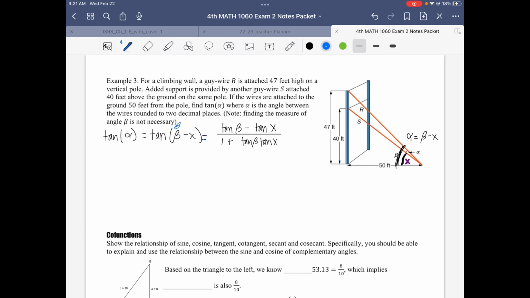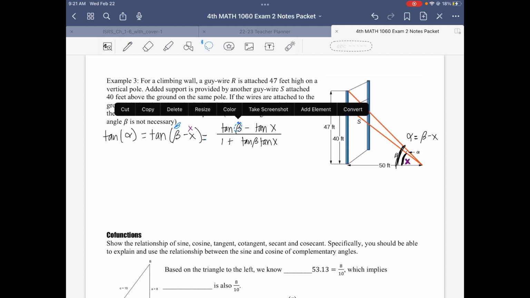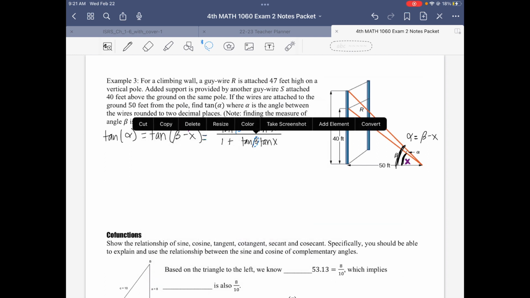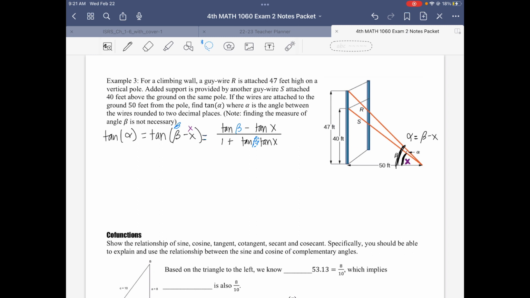Beta, right? So I'm going to make beta be blue here, and we'll keep x as the purple. I'm just going to change some colors so it's easier to see which triangle we're talking about. So beta, I'm going to write it in here. The triangle that's dealing with beta is from here over to here, and then this bigger one. So opposite over adjacent for tangent would be 47 over 50. So then this is 47 over 50